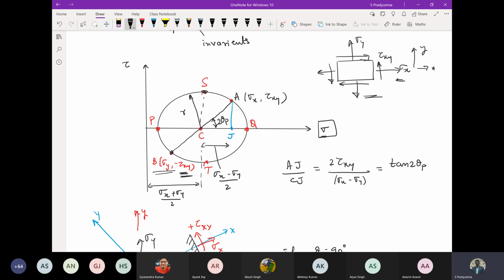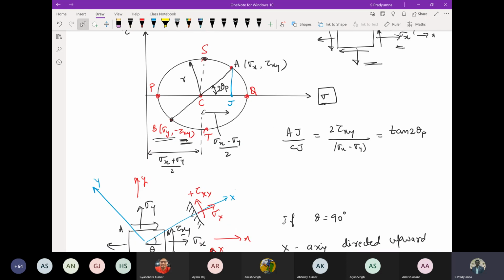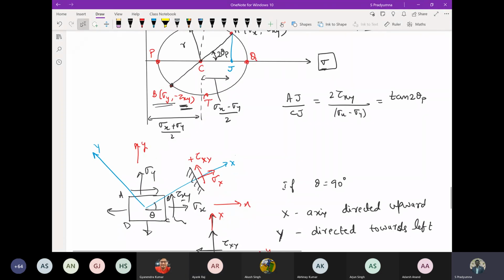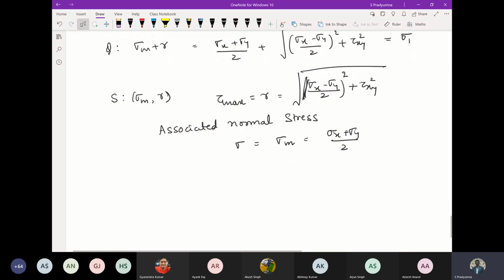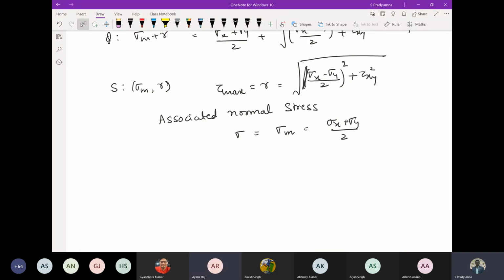So when we had 3 values, sigma 1, sigma 2, sigma 3, the principal stresses, and then you plotted 3 circles, right? The associated normal stress and the maximum shear stress were obtained by considering (sigma 1 minus sigma 3)/2 and (sigma 1 plus sigma 3)/2. In one of the previous lectures we have discussed that. So it is valid here also, and I'm trying to explain it clearly now, because there you had 3 circles and it was creating some confusion. But now mathematically, I hope this is clear to you.